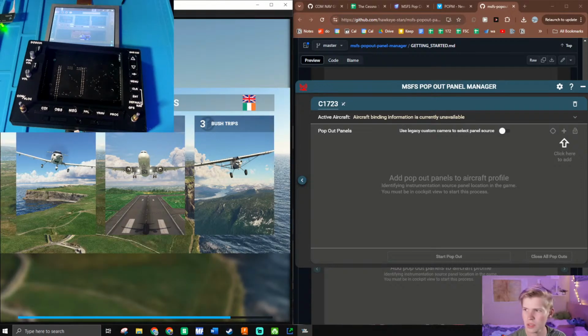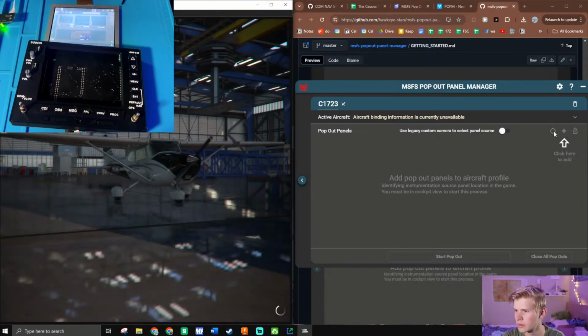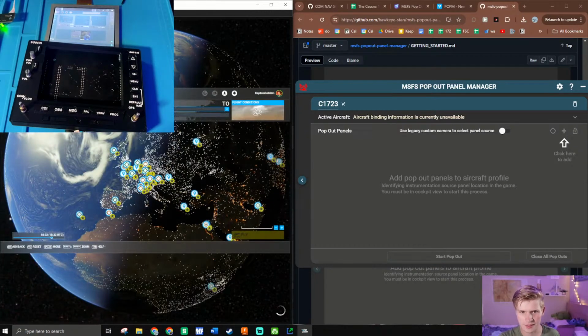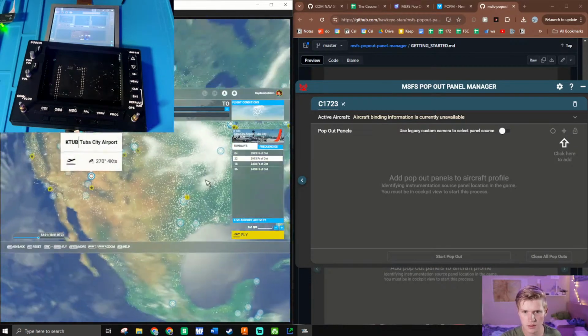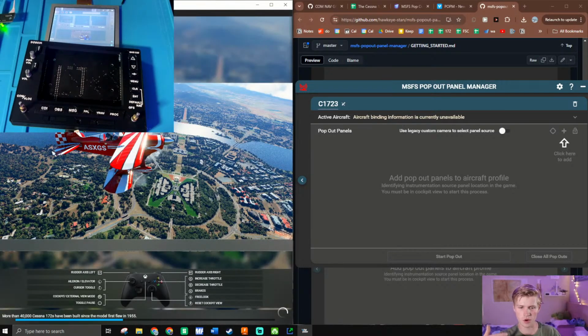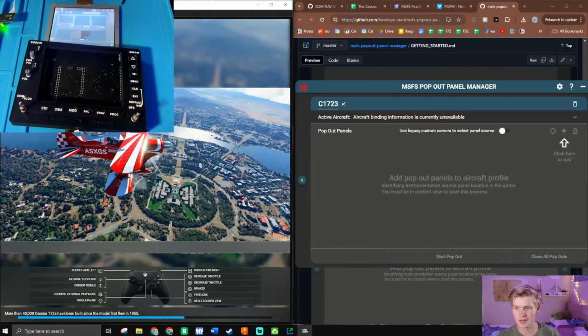Press on the logo. That's kind of cool. Okay, let's hop in the sim again. Try to get this done once and for all. Fly, and then I just have to open the GNS 530. It looks like using right alt click, and then